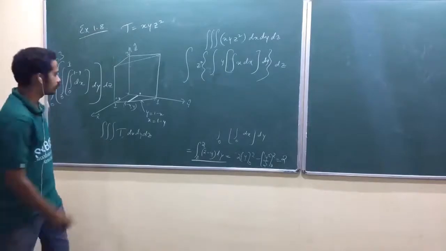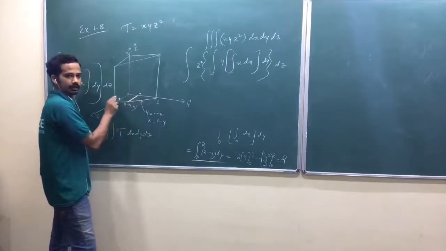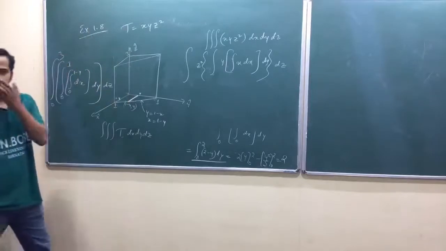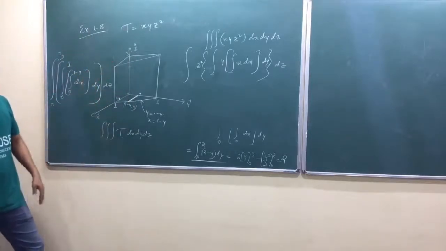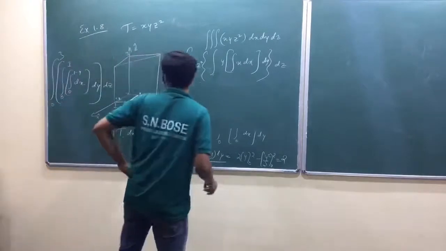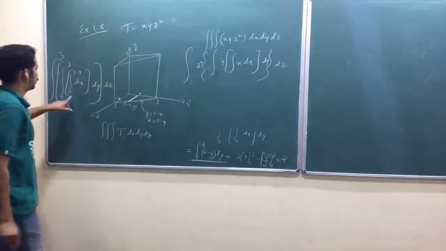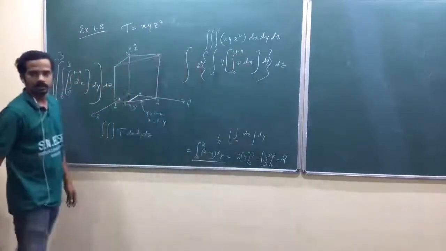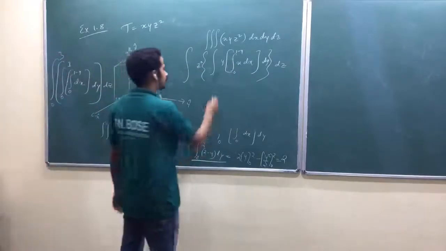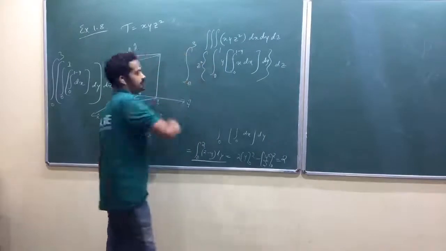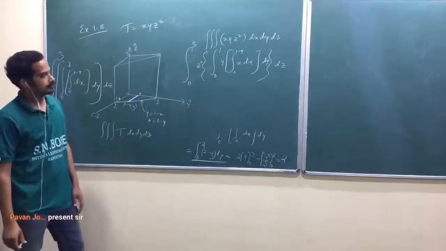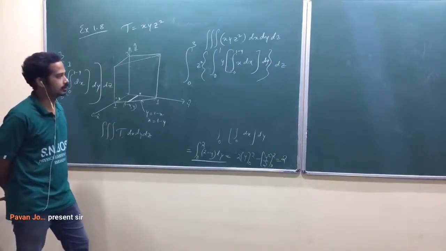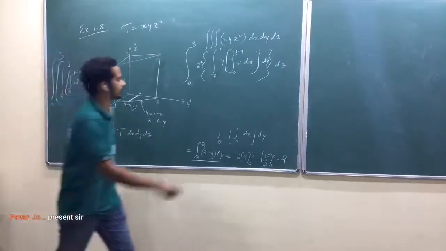Is that okay? As I told, you can take this line, first integrate y, find this line and sweep that through the triangle, and then do z. Or you can start with z also, okay. Now this x integral, again it has got variable x. Now what is the limit? The limit becomes the same as finding the volume, 0 to 1 minus y. Is that okay? 0 to 1 minus y. Y integral 0 to 1, z integral 0 to 3. Now you have a variable inside. Along with dx, dy, dz, you have a variable inside. So that will make a difference. Okay, can you just do this one quickly?